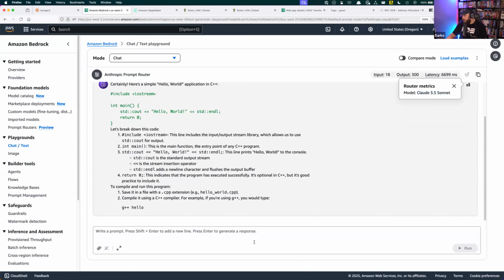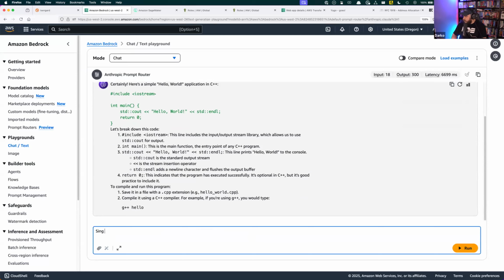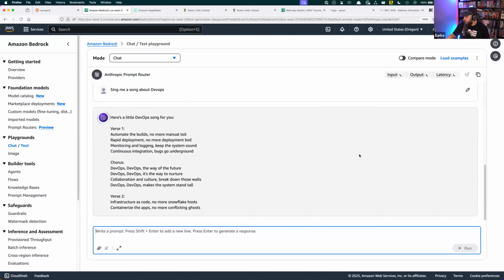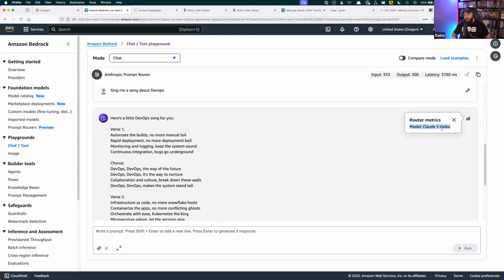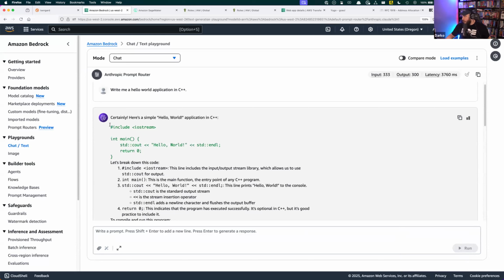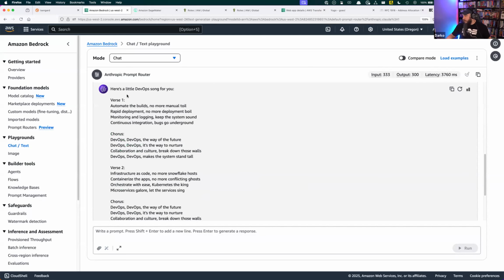That's the bigger model. If I tell it, sing me a song about DevOps, it's gonna do it in which model? Look at that. Let's see. And this is using Haiku, right? So it was able to intelligently determine which model to use for which task. If I'm asking it a little bit more complex task, to be honest, I think Haiku could have done this. But if I ask it a slightly more complex task, it's going to use a better model. And if it's a very simple task like singing a song about DevOps, it's going to use a simpler, faster, cheaper model.